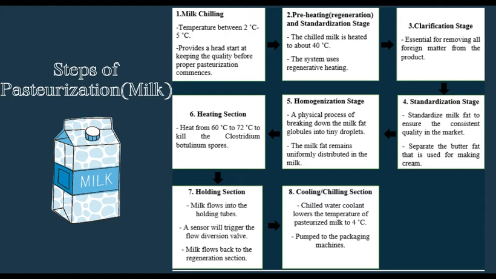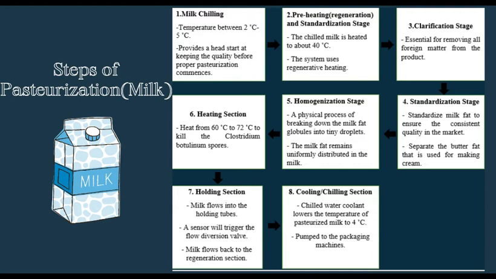Third, clarification stage. This stage is essential for removing all foreign matter from the product. Fourth, standardization stage. This stage is important to standardize milk fat to ensure consistent quality in the market. During standardization, the butterfat used for making cream is separated. The fifth, homogenization stage. This stage is a physical process of breaking down the milk fat globules into tiny droplets